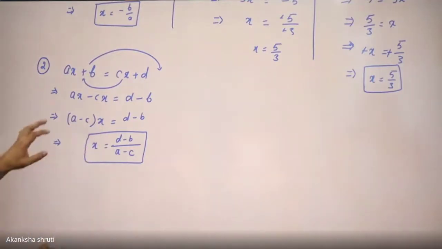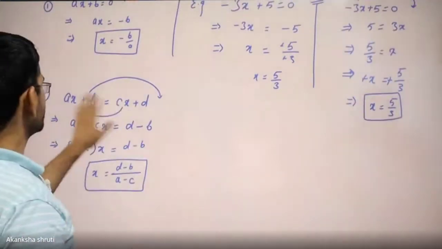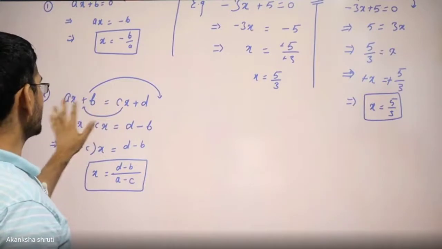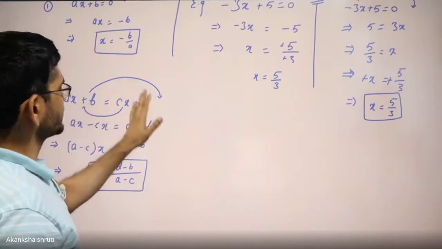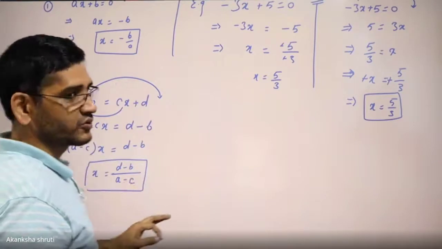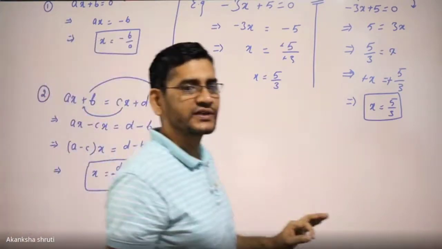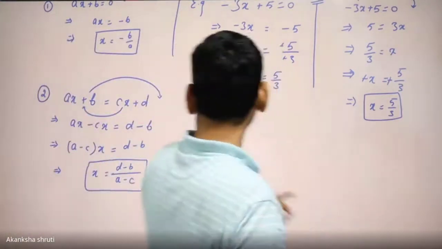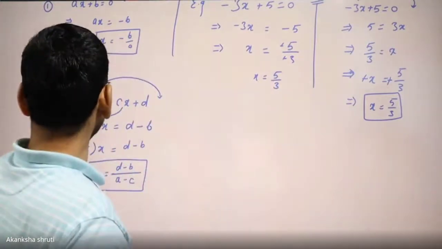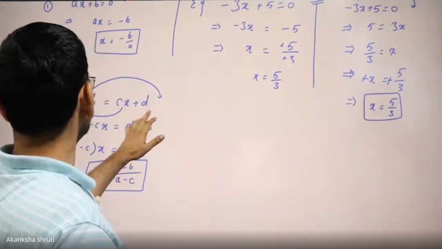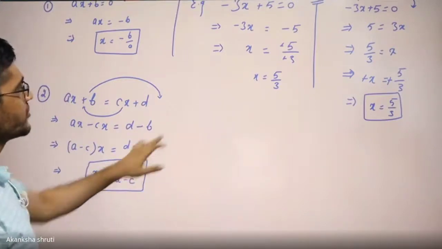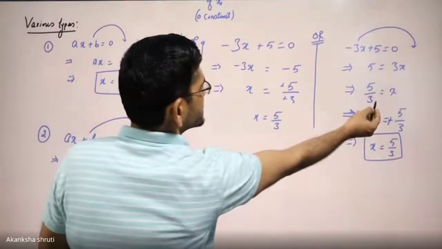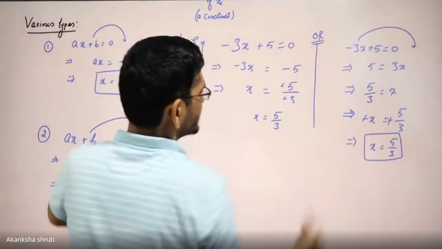So, this way, the rule is the same: shift or bring all the variables to one side and all the constants to the other side by applying the rule of shifting the side or changing the side. Even, students, if you bring this ax on the right hand side and d on the left hand side, you will still get the same result, because this method is applied, where lastly the sign you have to take